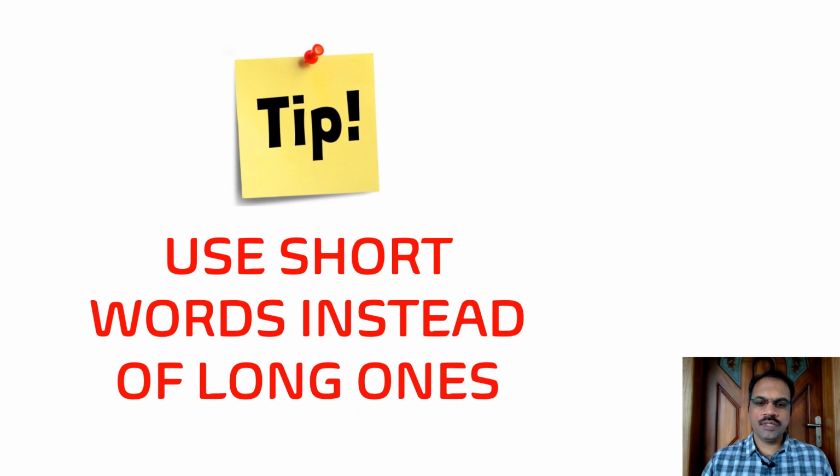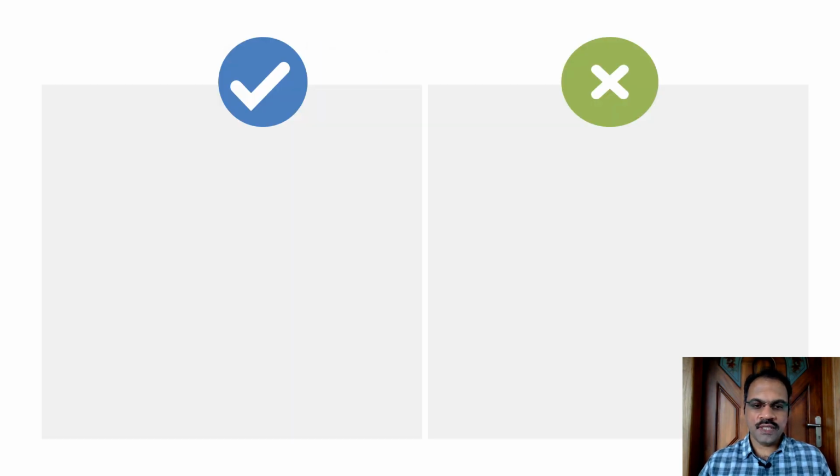The first tip is about using short words instead of long ones so that your readers have an easier time deciphering whatever message you want to convey to them. We will see a list of words. I will present both the short versions and the longer versions, and you can decide for yourself, if you are reading an article, which of these versions you will personally prefer.